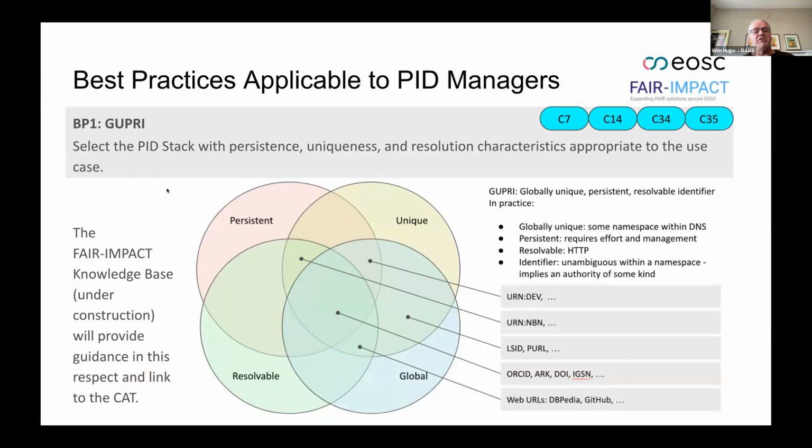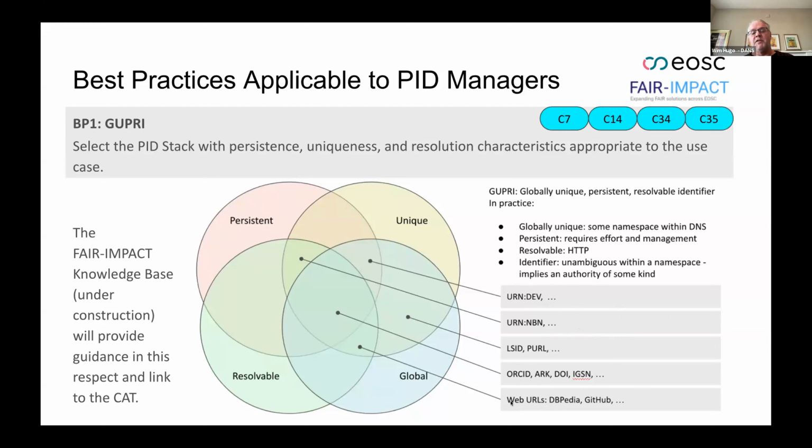And the main expectations are actually 4 different things, that identifiers should be unique, persistent, resolvable, and that they must be global. And as you can see in the bottom right of the slide, not all identifiers cover all the bases equally. So some of them are, in the true sense of it, globally unique, persistent, and resolvable, but many of them are not, because they are only unique within a specific namespace,